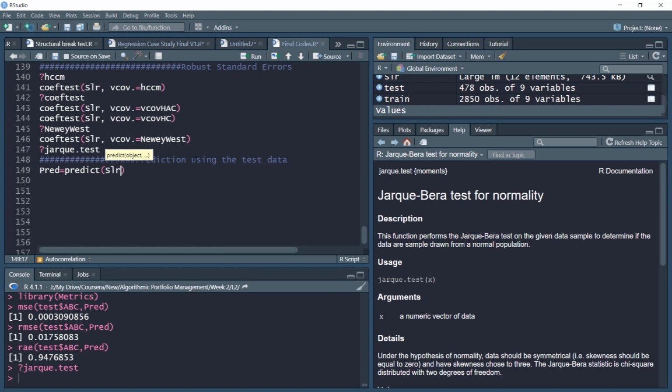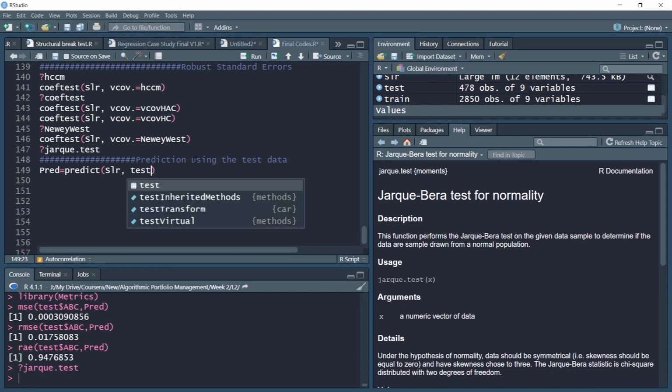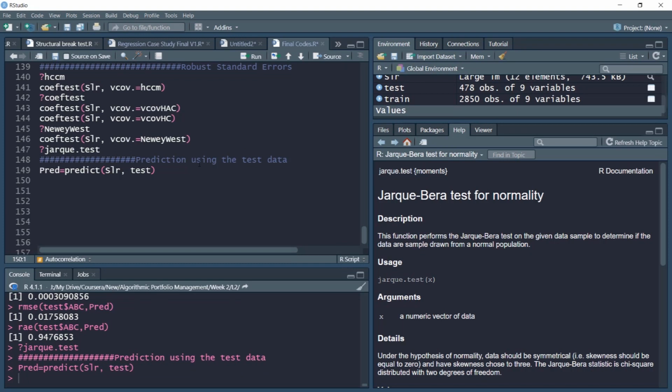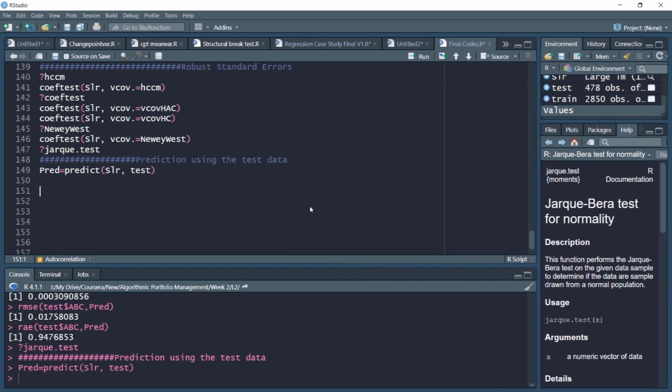We'll use our fitted object SLR, and we'll supply the new data, which is test data, and assign the values to our predict object. As a first step, let us visualize this along with the actual test data.